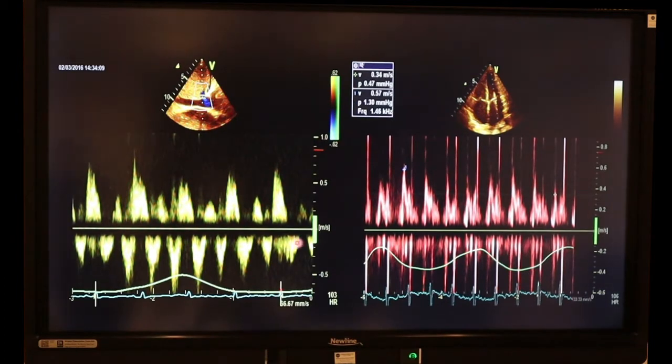Next thing you want to look into in the mitral inflow is the respiratory variation in the E velocity. You can appreciate in this the E velocity is 0.57 maximum and 0.34 minimum. You have to calculate the difference and then divide it by the smallest one and get the percentage of the variation.